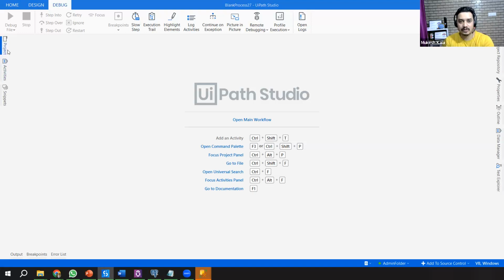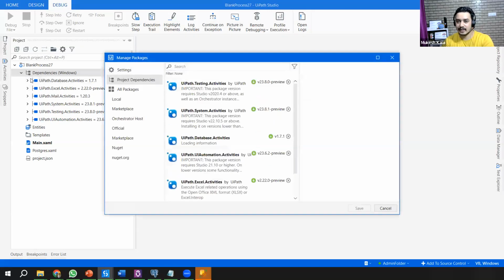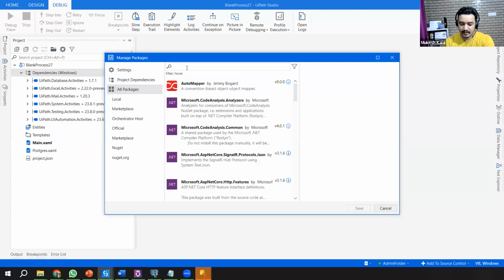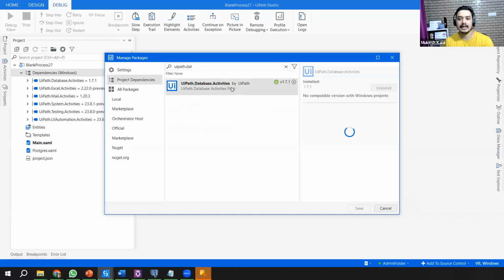If I go to the project, by default, the database dependencies are not added. So you'll simply go to the dependencies of whichever project you want to connect, right click on it, click on the button which says manage, go to all packages, and search for UiPath database activities.